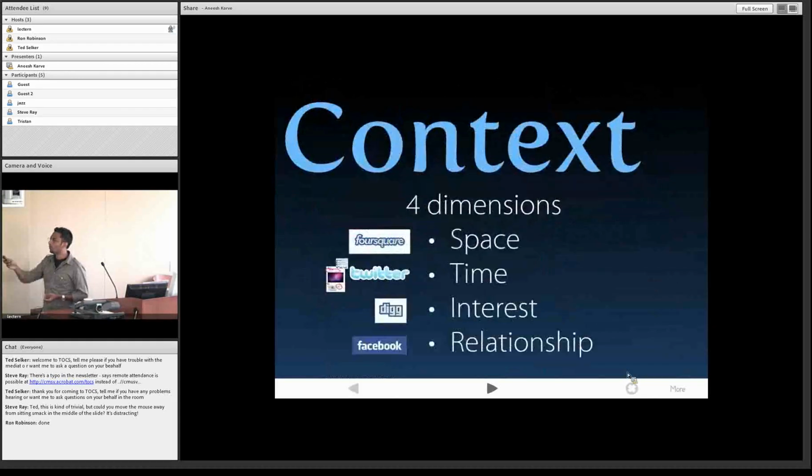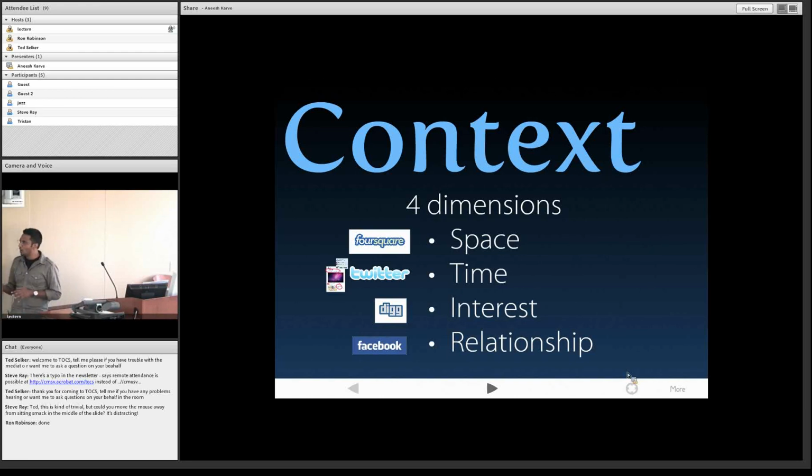All right, so as promised, I want to give a working definition of context, because that's been an important element that we've talked about today. And it turns out that a literature search is not particularly helpful in this regard. The acronym that we use at Cool Iris is STIR. Context is kind of the aboutness of an event, or the items that surround the focus. And the way we think about it is context has 4 dimensions. It has space, time, interest, and relationship.